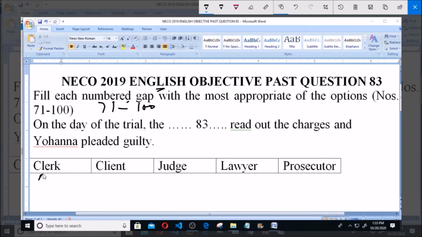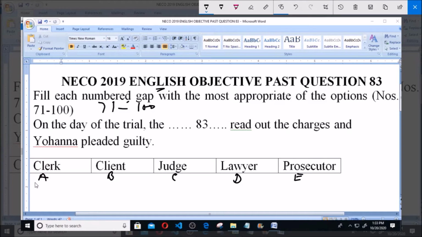Option A, clerk. Option B, client. Option C, judge. Option D, lawyer. Option E, prosecutor. When we talk of a clerk of a court, the primary function of a clerk of a court is to read